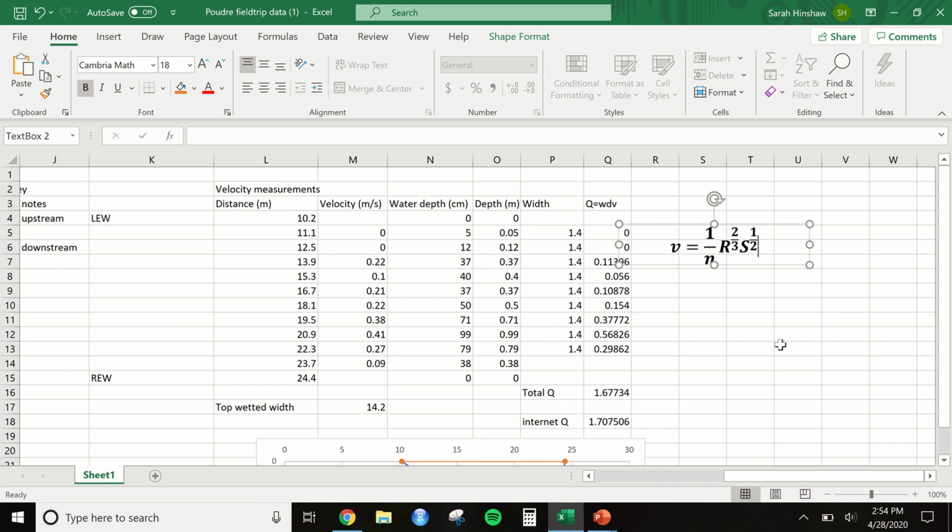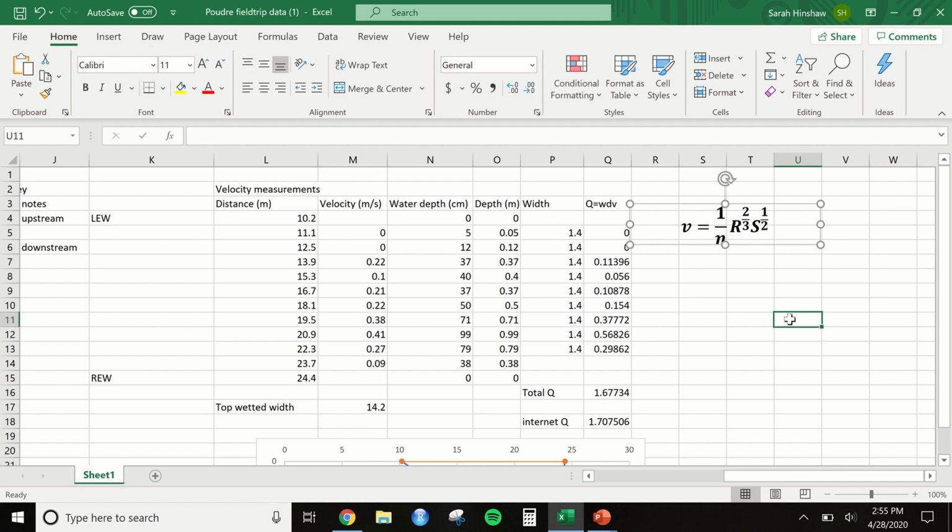Okay, so now I'm going to take the next step in our lab, which is to figure out the Manning's coefficient. Manning's coefficient is a roughness indicator. Not every surface of a channel is smooth. There are a lot of rocks and vegetation and many things that can cause it not to behave like a perfectly smooth flume. So Manning's is kind of an empirical coefficient that you can apply to streams to account